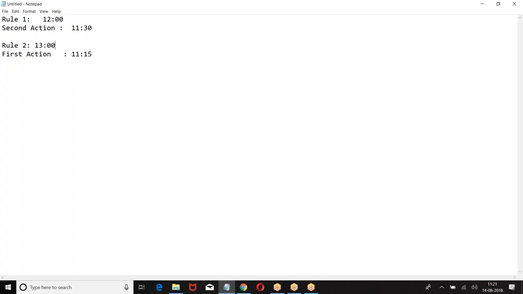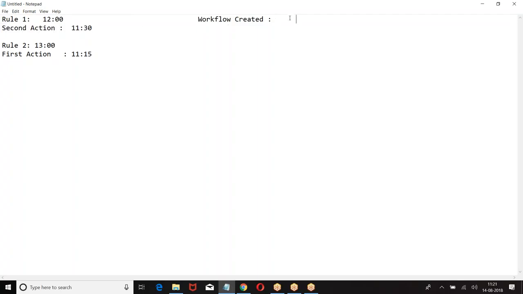Now, when you have multiple rules on the same object, which action will run? As per the workflow created date or as per the order of action created date? If it is the workflow created date, which will run first?